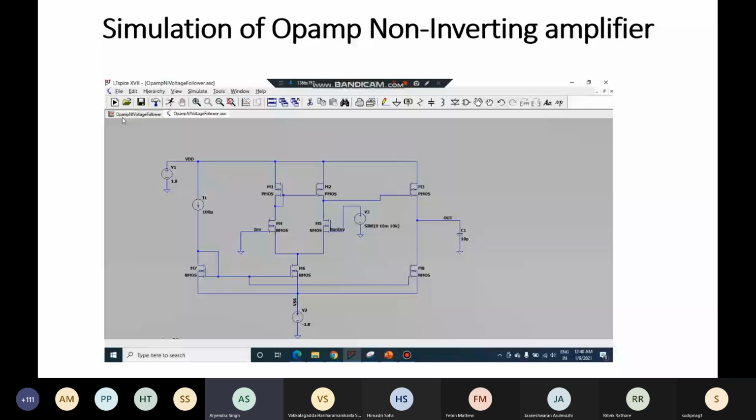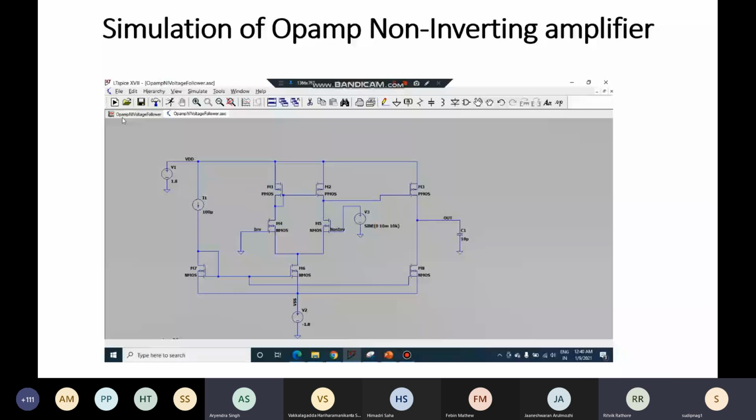Like r_o parallel with some R_L if there was one, but since there is no R_L, it is r_o, and the lower side is also the same case. Because the effective resistance is large, r_o parallel r_o, so r_o by 2, this has a very large gain, correct? So what exactly happens if you change even by a small bit? If you change the overdrive voltage from initially 0.1 to 0.15, the gain, instead of being a positive gain, becomes attenuation.